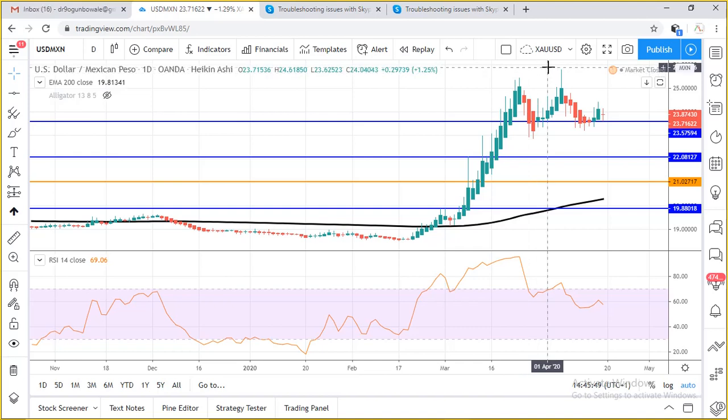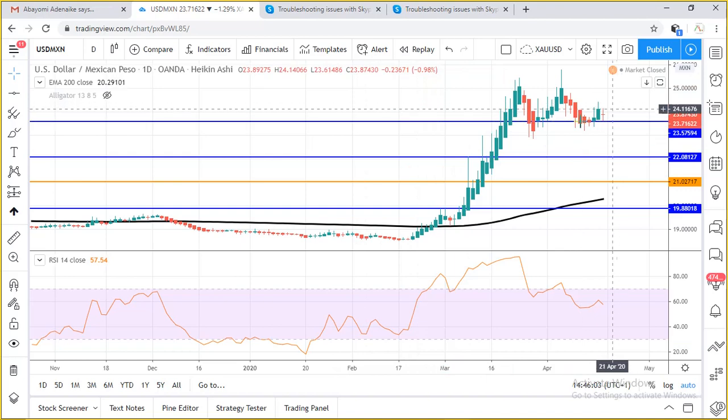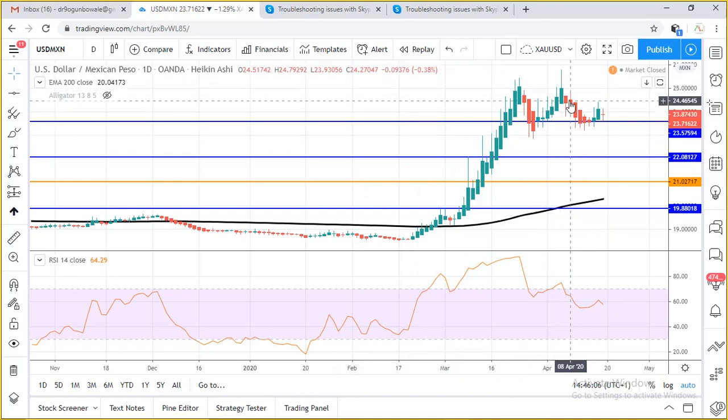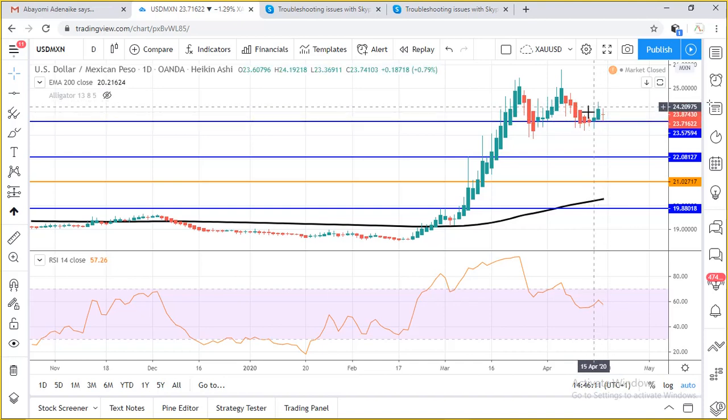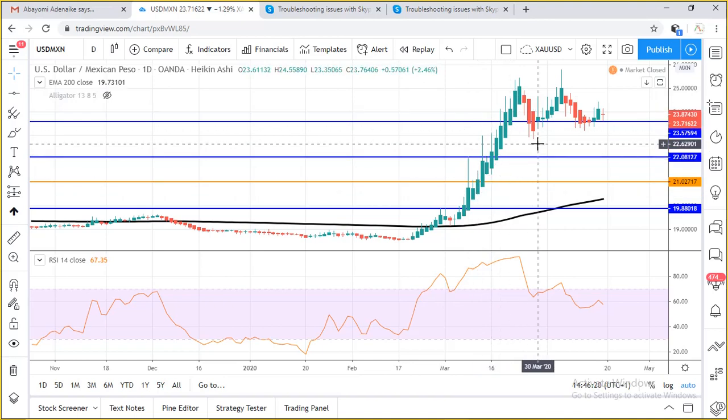Now, initially you notice a sharp movement from here down to that point, and thereafter they pulled it back up. Another movement down here, and you can notice that again the bulls took over to do another pushback here. So the way you are having these on a weekly and a short arm on a weekly, you are going to have